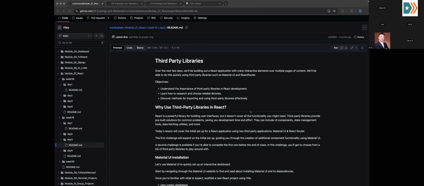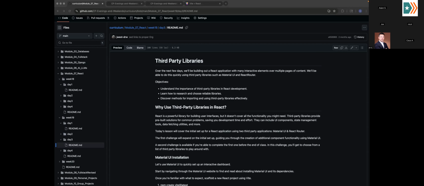What is React? Someone tell me what React is in its most basic sense. Come on, we've discussed it a bunch of times. I'm not trying to trick you. I missed the question completely. I zoned out for a second. Okay, what is React? React is just a front-end framework. Yeah, it's just a front-end framework, library, right? Okay, cool. We are going to use Material UI, which is also